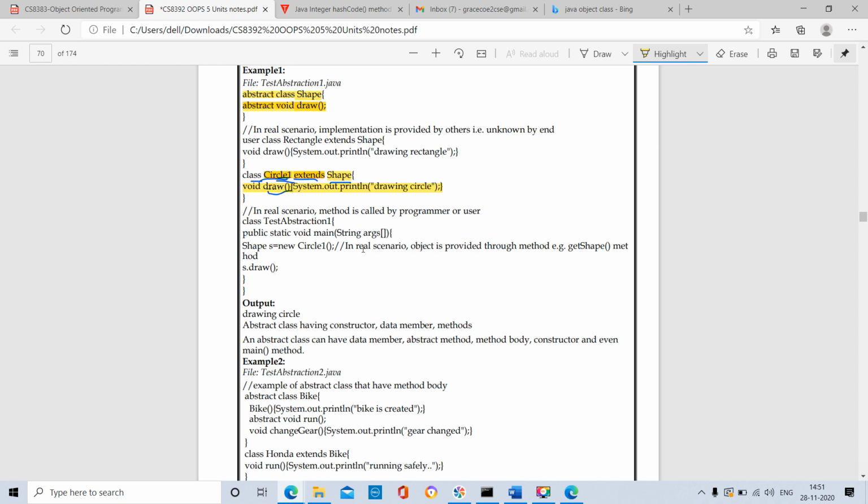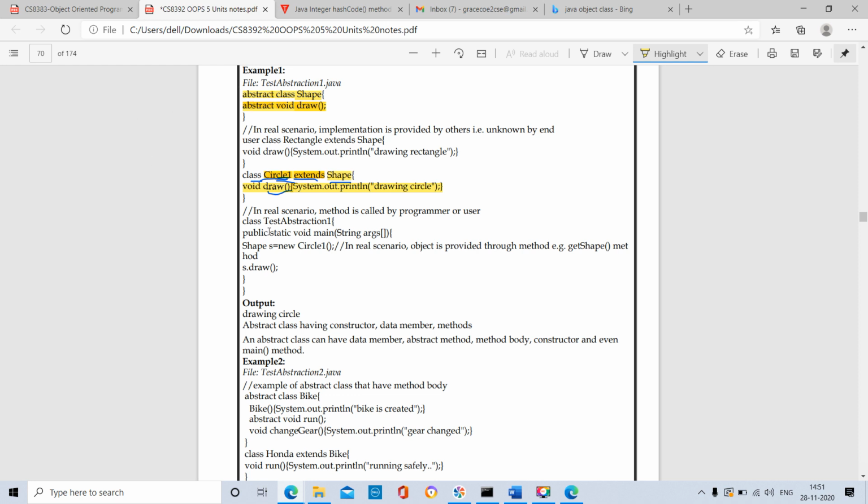So whenever we are using the abstract keyword, it is hiding the information. It just declares the method, and the method is defined using the extend keyword or implement keyword.